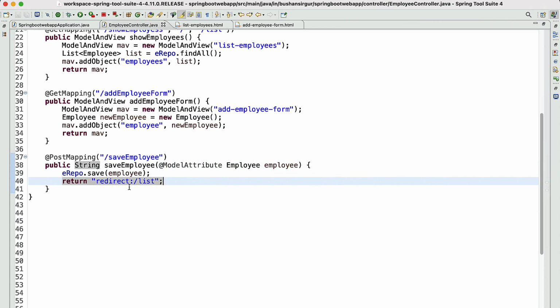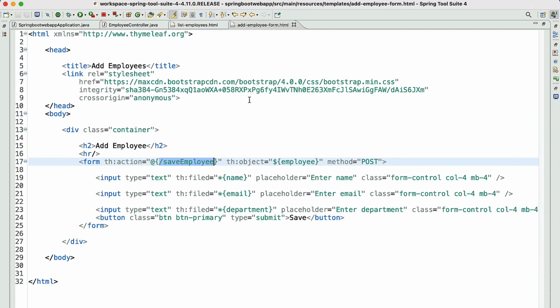Let's navigate to the STS IDE. We are getting the employee object, and we are binding it to the employee object using th:field. Okay, I think we have typed this wrong. This is actually field, and we have typed it as filed. Just a typo error. Since we copy pasted the first input text, it is replicated with all the same names. So let's change this to field.